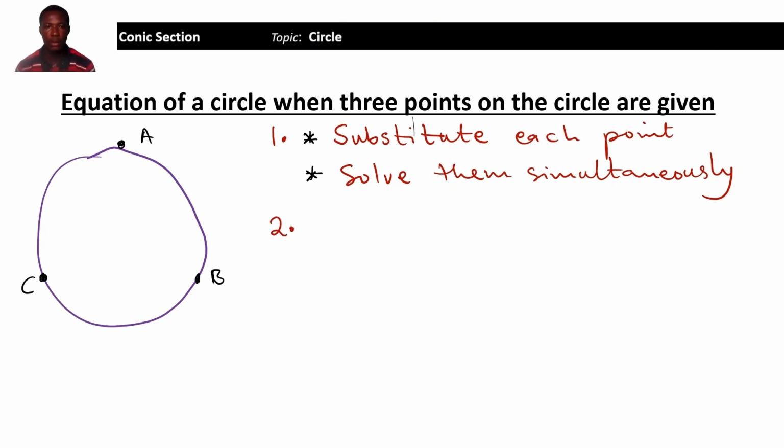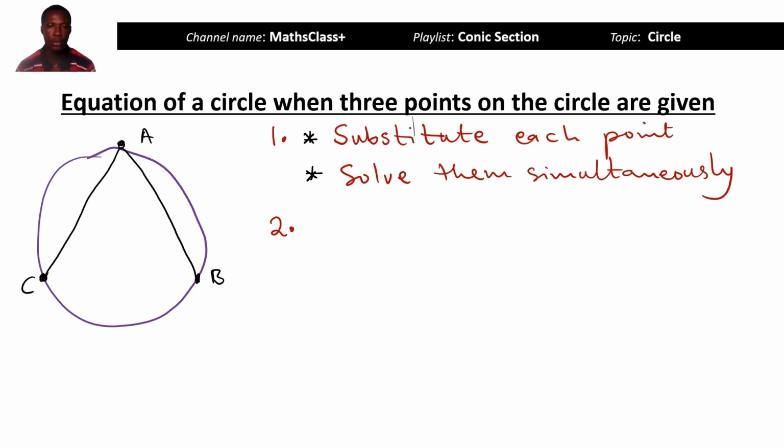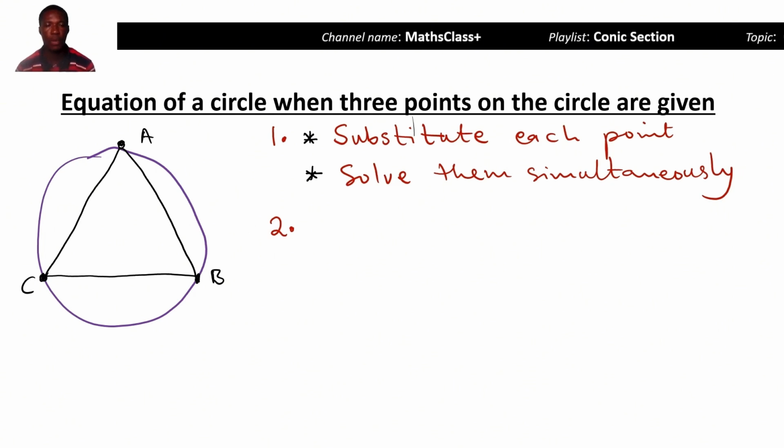given 3 points on a circle, we are going to join the points to form a triangle. Draw lines to join the points to form a triangle. Now when we draw a triangle, I would like to take you back to JHS. Now, in JHS, we did geometric construction, and when we draw a triangle, at times we are required to draw